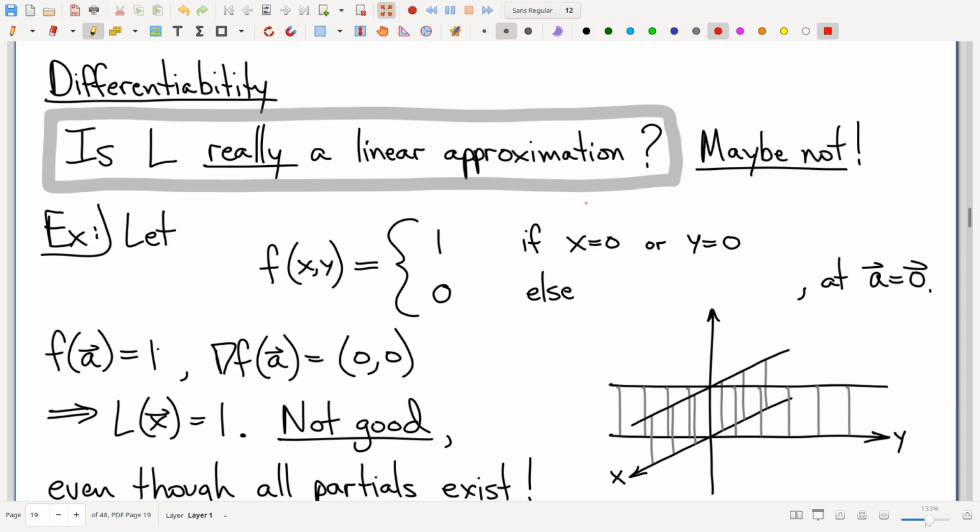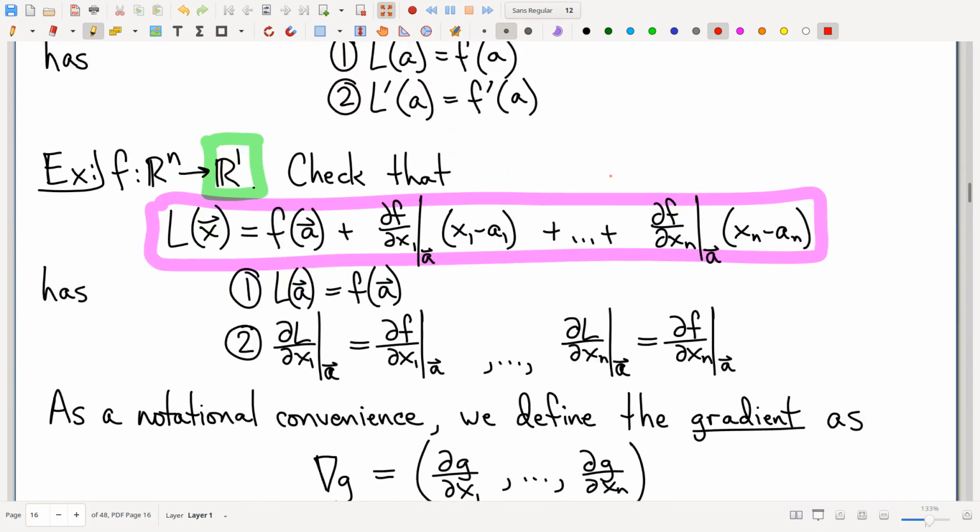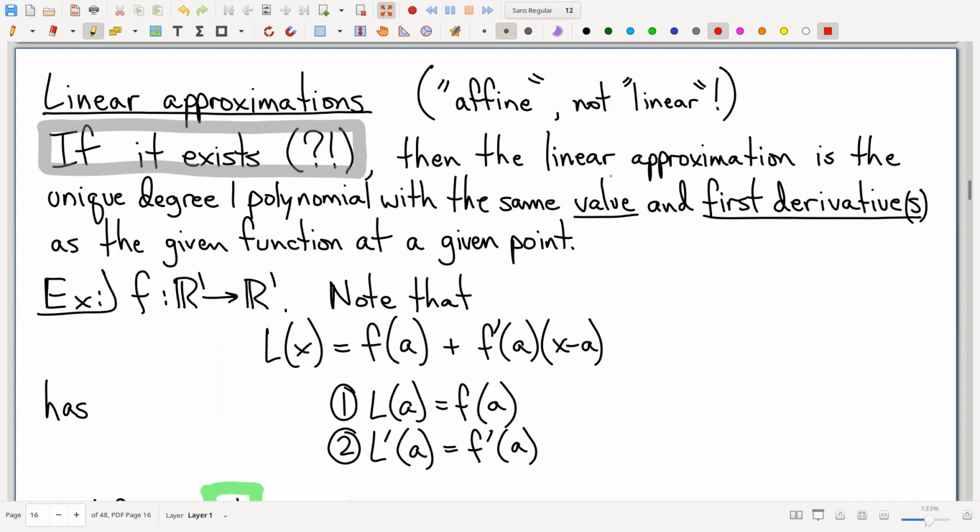So here we go. I ask rhetorically, this formula that we wrote down a minute ago, is it really a linear approximation? Reminder, when I first started talking about linear approximations, I said, if it exists, and we have to assume that the linear approximation exists, because otherwise we have no foot in the door. I can't talk about, for example, f prime